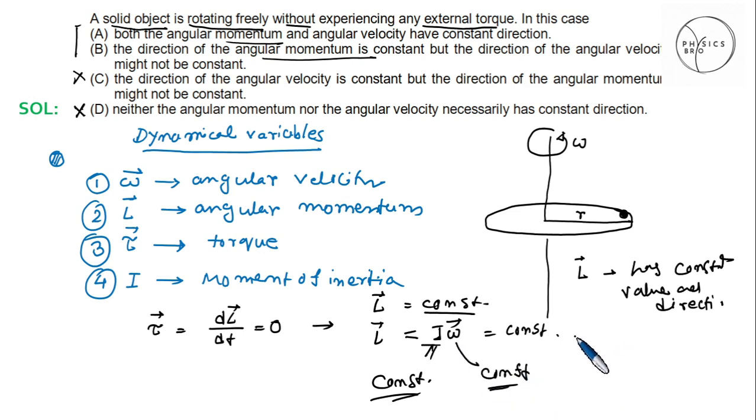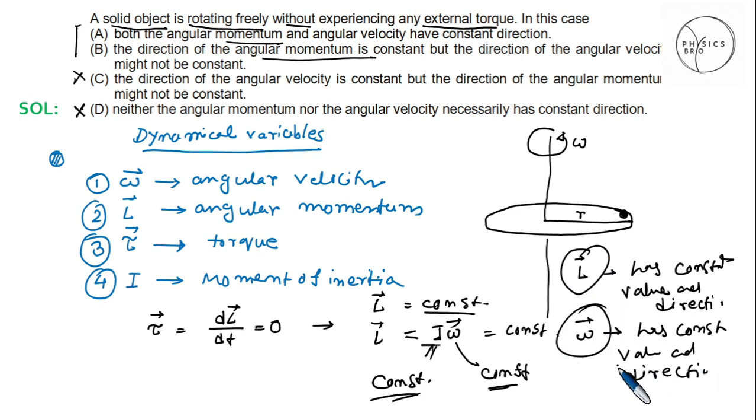Omega is a vector and it is constant, so it has constant value and direction. So it is clear that L and omega both are constant. So we are going to find which one: both the angular momentum and angular velocity have constant direction. Obviously, if it is a vector and it is constant, the direction must be constant. So the right choice is